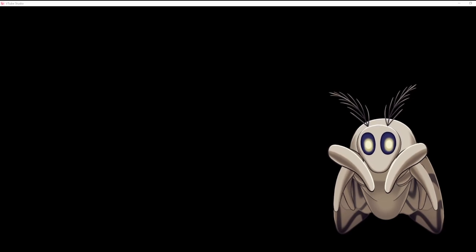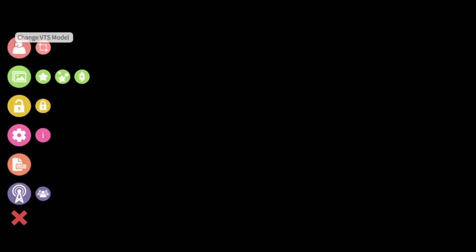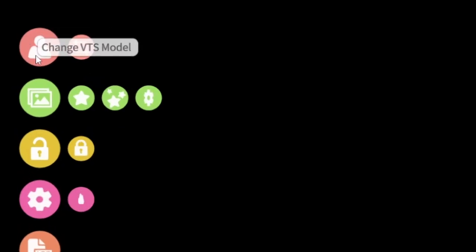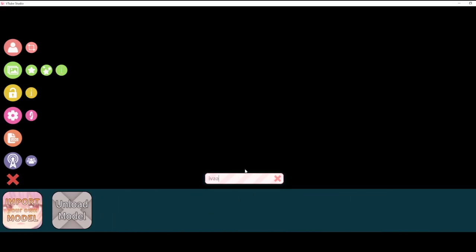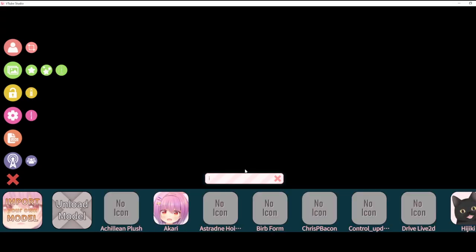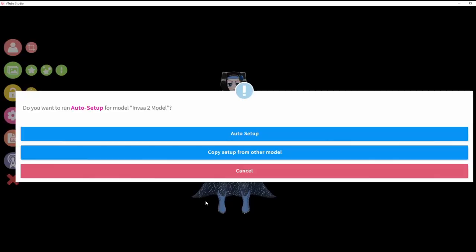Once you're in VTube Studio, you're going to want to double click on the screen and go to the top option that shows a little humanoid figure. Click on that. We're going to look for the one that we just imported right now. You could also type it in to look for that specific model. Once you found your model, click on that, and it may take a moment, but your model should eventually pop up, and you will see a window pop up right here